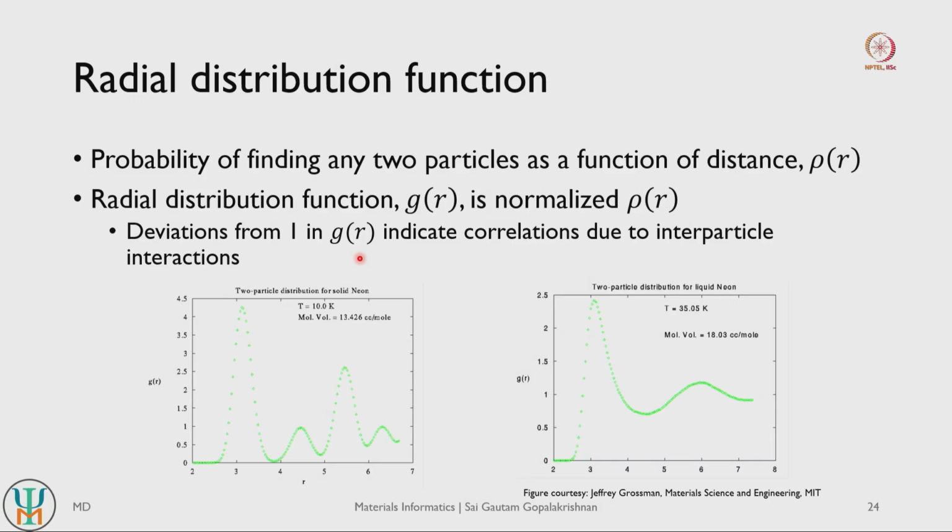And this is especially useful when you are tracking phase transitions in molecular dynamics. So let us say you start off with a solid and you want to actually melt it, you would typically be tracking the paired distribution function to see if your structure is actually molten. So this is a very useful quantity, and paired distribution or radial distribution functions can be readily calculated based on your structure, right. So these quantities can be readily estimated during the course of your molecular dynamics simulation.